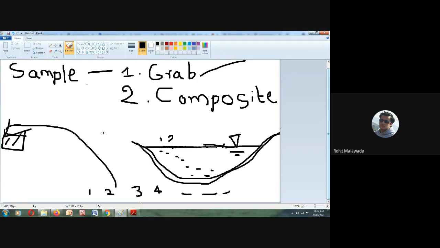So I will be taking the water sample from different depths, different times of a day, bringing it to the laboratory and mixing it, or I will mix it here itself and then bring it.